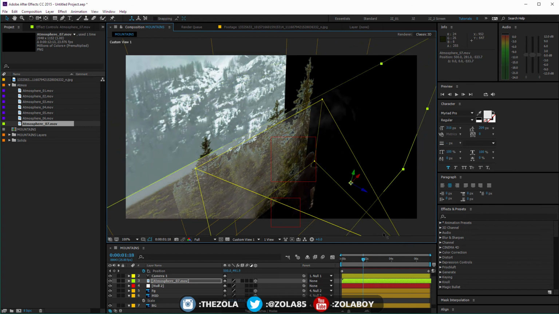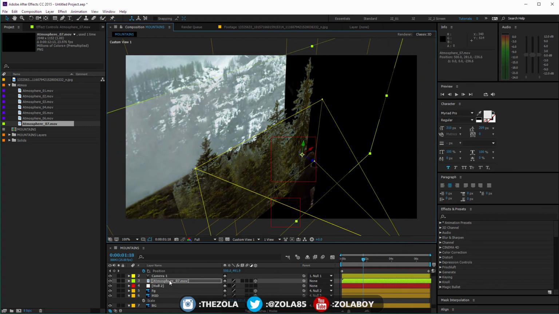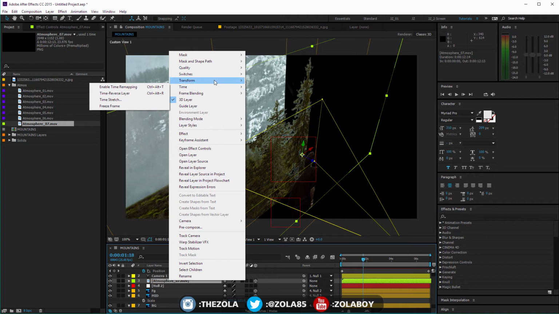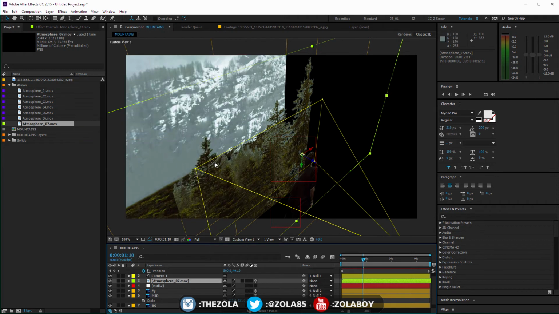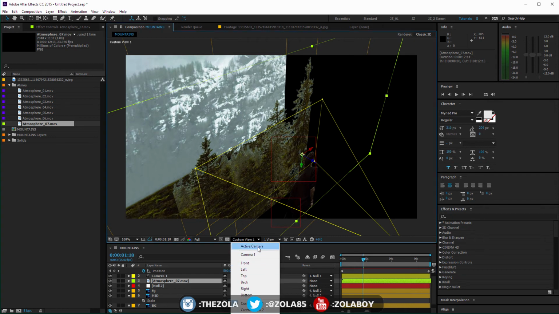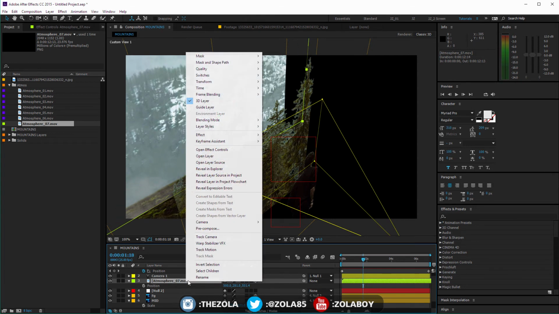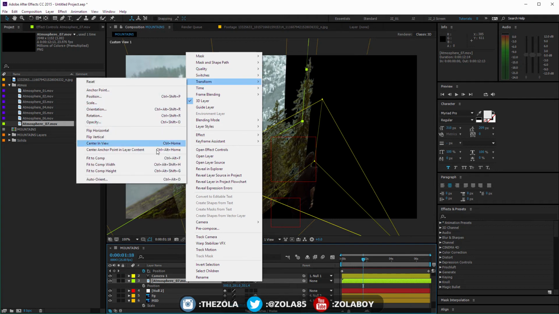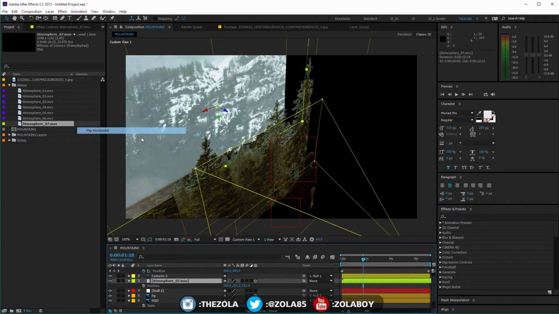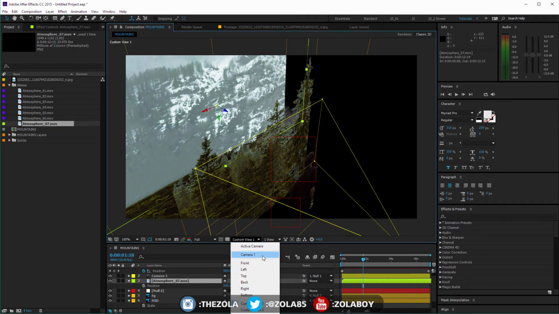Okay, so we've got it here, and it's actually the wrong way around, so I'm going to go Transform, Flip Vertical, and let's see what that looks like. But basically I think I'm going to move it between the trees and the background. So if I come to position here, there we go. So we want it somewhere there, I guess. And actually I want to flip it the other way as well. Transform and Flip Horizontal. Okay, now let's go back to our active camera.